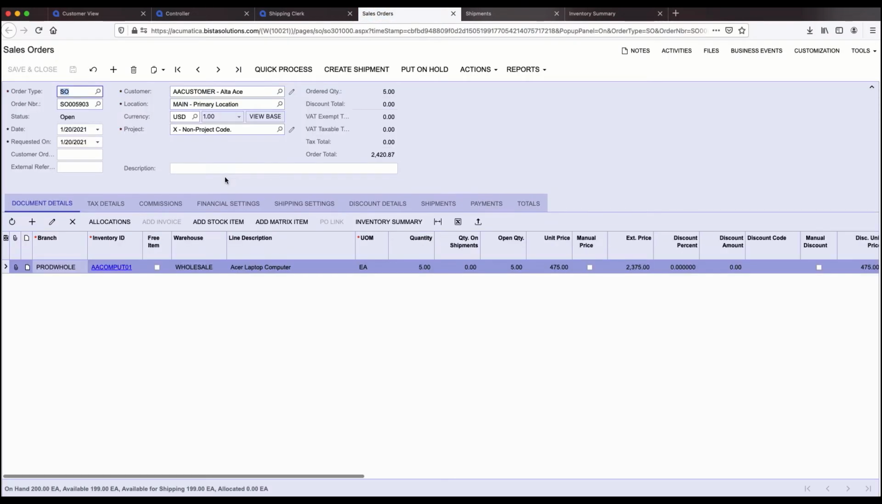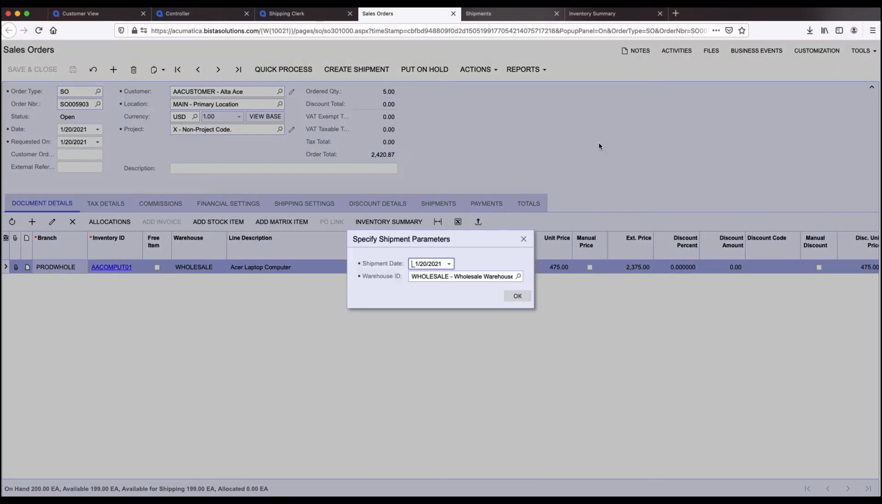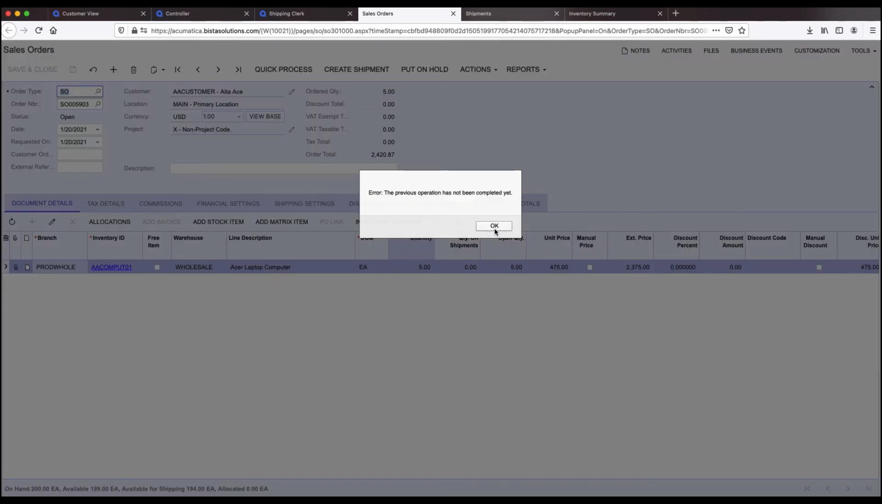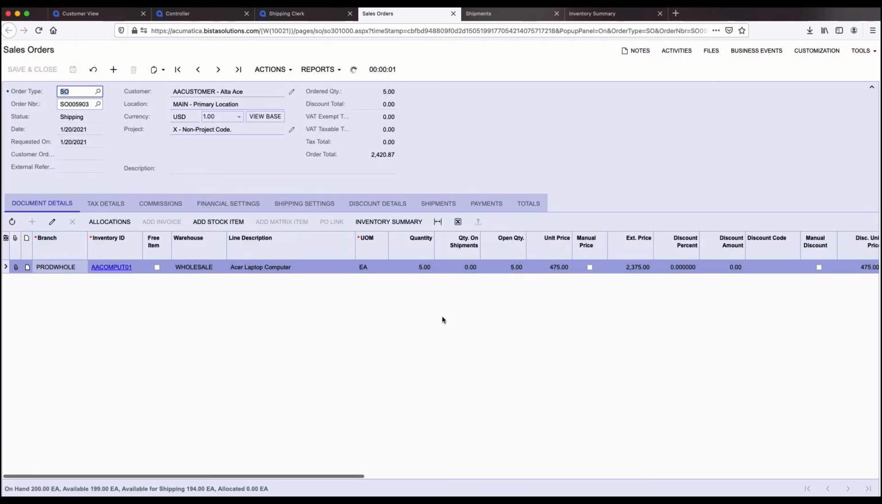And so this is my order, and I will create a shipment. This is where a shipping agent will be looking at the list of orders and processing it throughout the day. So I will create the shipment from here, select the default options, and once it is completed,